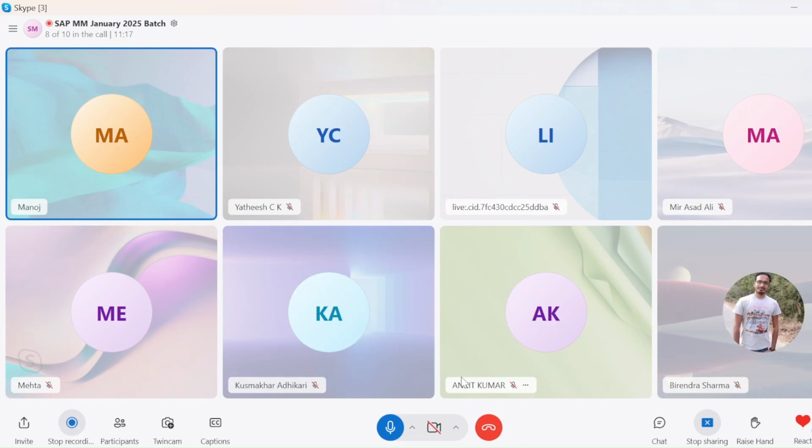So for all of us, Mr. Mehta will be the client, because we are going to do the implementation for Mr. Mehta Private Limited. For me, for Ankit, for Virendra, for Yatish, for every one of us, Mr. Mehta will be the client. Let's suppose in Infosys, Mr. Asad is also working, but he is not working on the Mehta Private Limited project. Let's suppose he's working on some other XYZ project. So in that case, for him, the client will be XYZ.